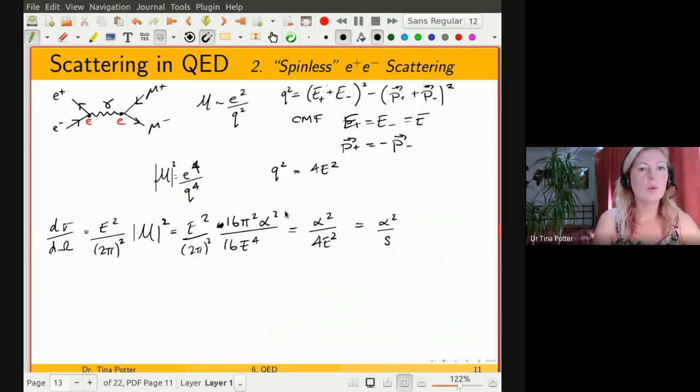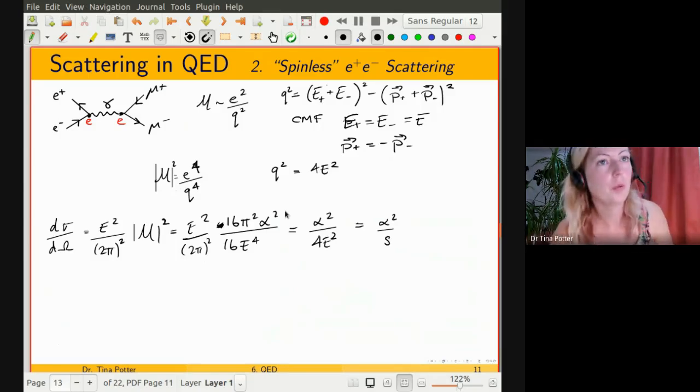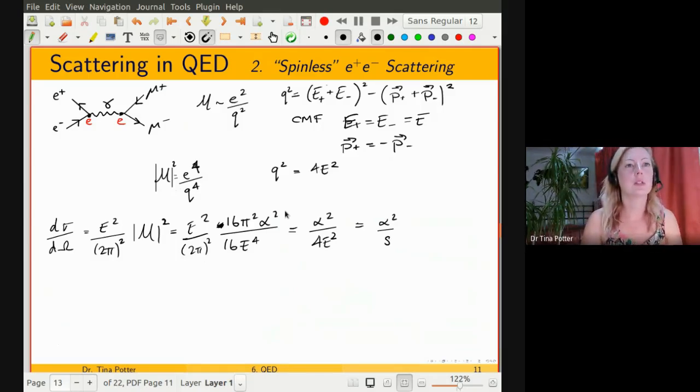Okay, now this is a very straightforward example where we haven't accounted for the spin configuration of our electron and positron being in the correct spin configuration for our photon to be created. We've got 2 fermions here and this spin 1 boson. They could be in, for example, a spin 0 configuration. So once you take that into account, so spin effects,